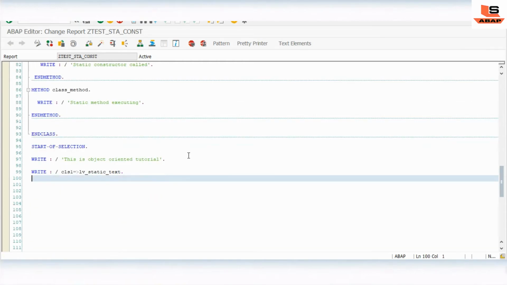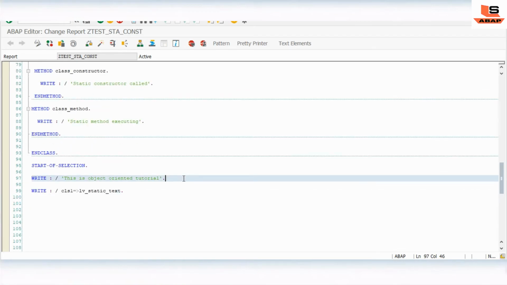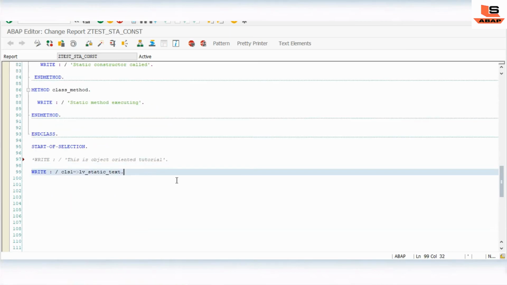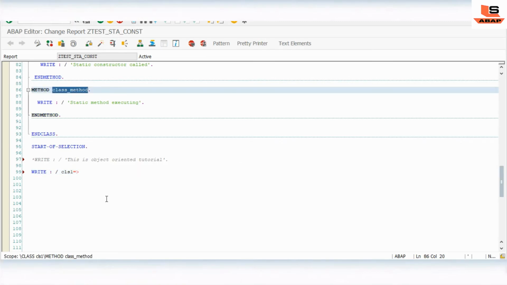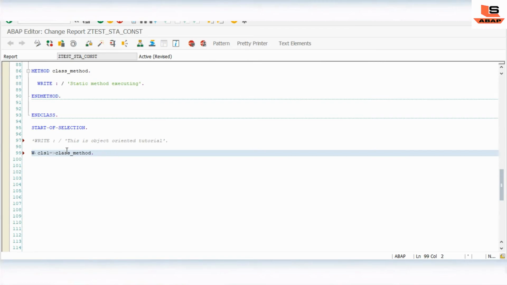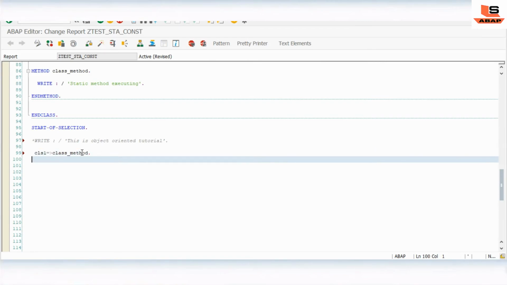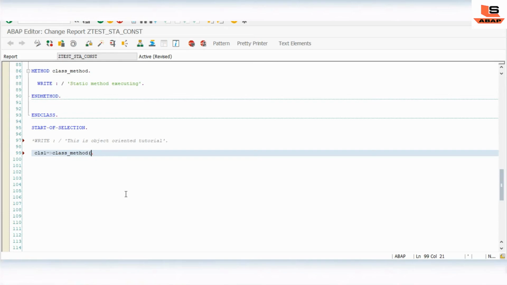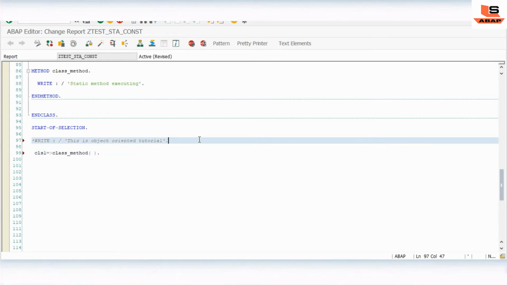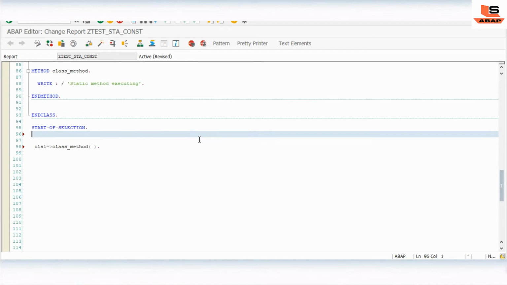Okay, so now let's comment this thing. Here we will call only the static method. We are just calling the static method. Just remove this part. Let's see what will happen.